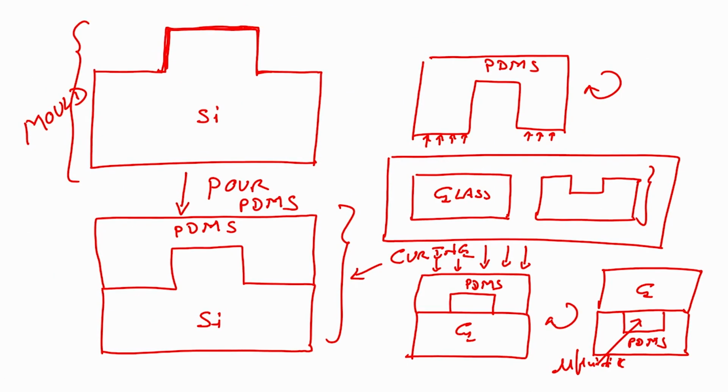Alright. So, now if I want to make more of these microfluidic devices, what do I want? I just want to use my silicon mold, and I will keep pouring PDMS, cure it, strip it off, and I will get this particular design. Again I pour another PDMS, cure it, and I will have a second design. Again I will do the same process, and I can do it as long as my mold is intact, my mold